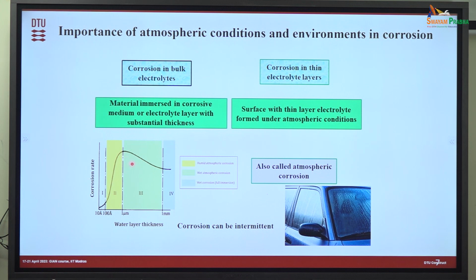As the thickness increases further, you again get into the limiting current problem, and the corrosion rate becomes more like bulk corrosion. So that's also interesting, because a thin water film usually causes a higher corrosion problem. Don't confuse this with yesterday's thin film we discussed in electronics, because in electronics this will not happen, because